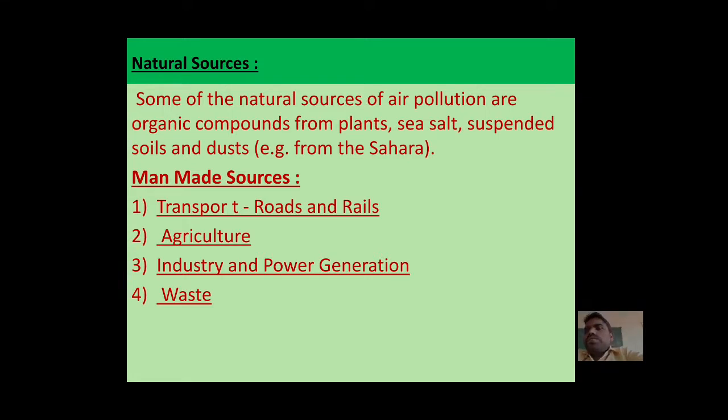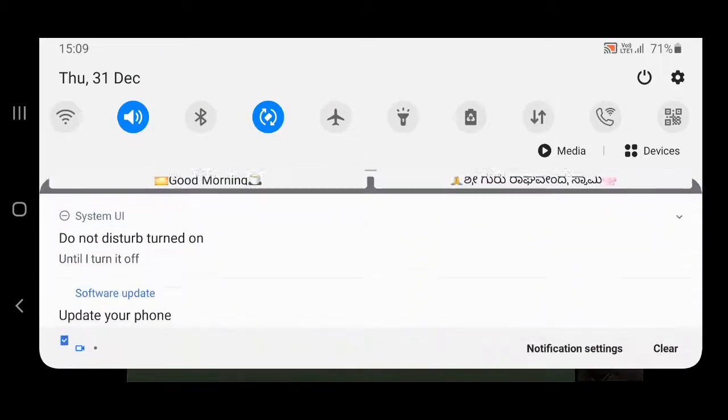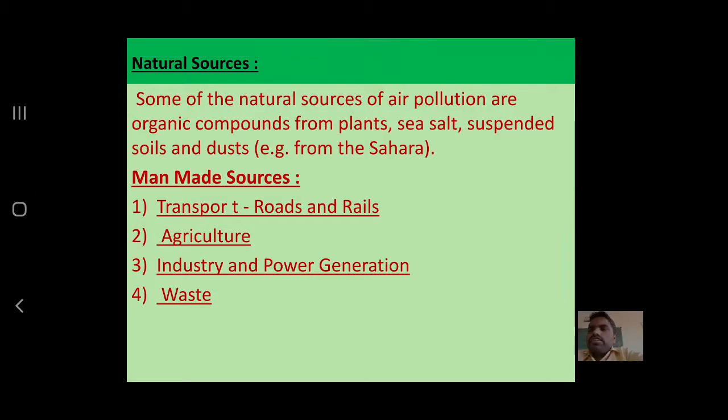And next one is agriculture. How does agriculture cause air pollution? See, agriculture means animals like cows and sheep release a massive amount of methane through